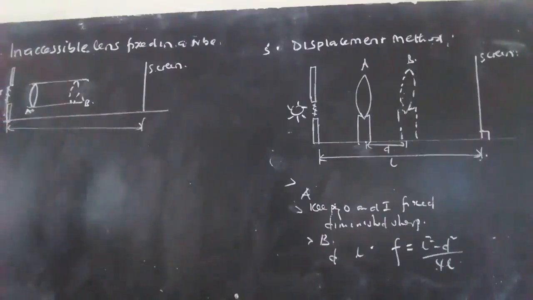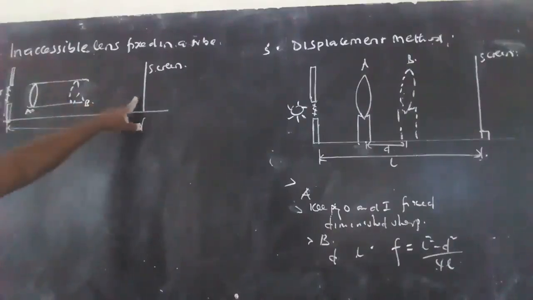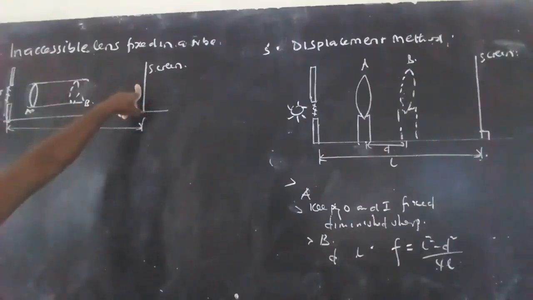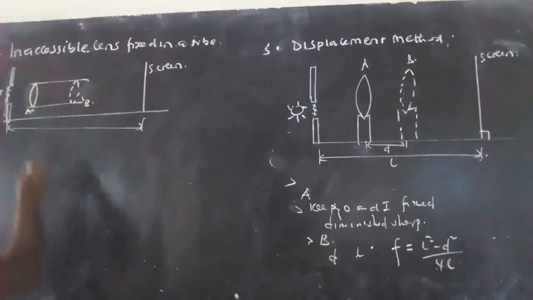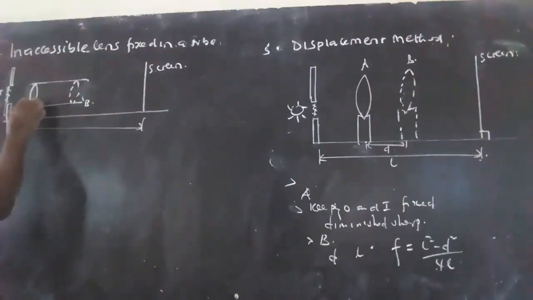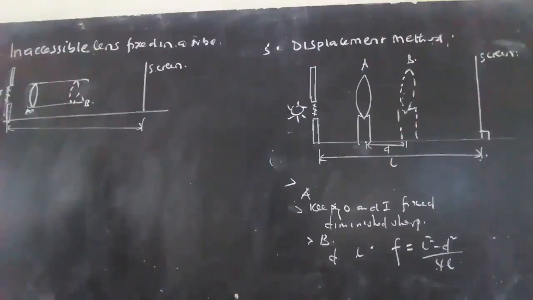Then we say the tube is moved towards the screen until the magnified image is formed on the screen. The end A, the position A, for example, the end of the screen A is noted. Then again the tube is moved towards the screen